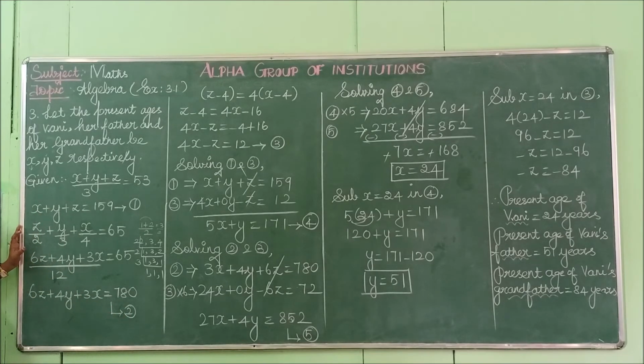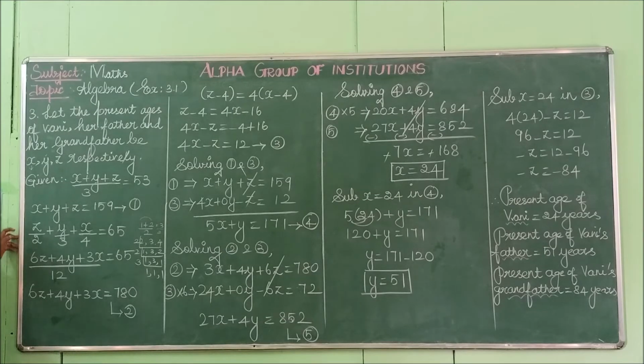We find out two equations. Using that average value, find out the first equation. Then next 1/2 and 1/3, 1/4 are already given in the question. So using that, we have found another equation. Then listen to the third equation. 4 years ago, if Vani's grandfather was 4 times as old as Vani, then how old are they all now? 4 years ago, that means you have to subtract 4 from both Vani and her grandfather.